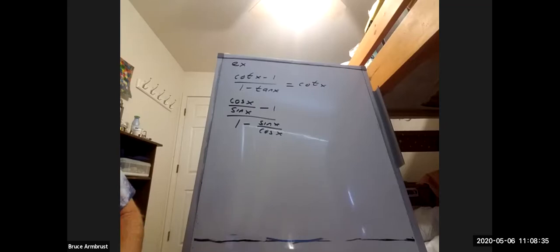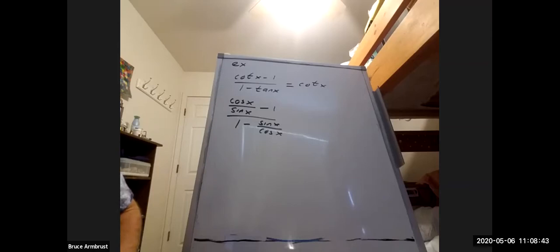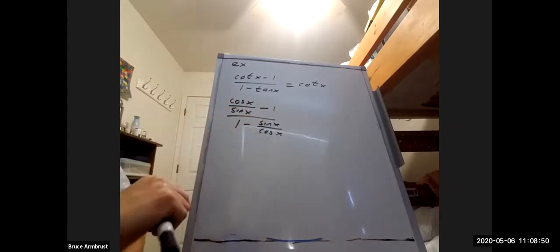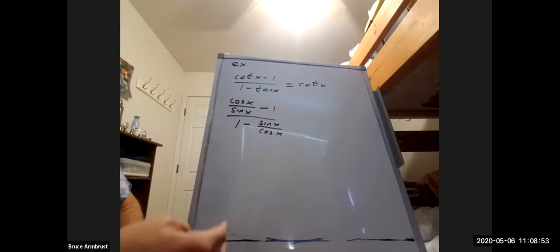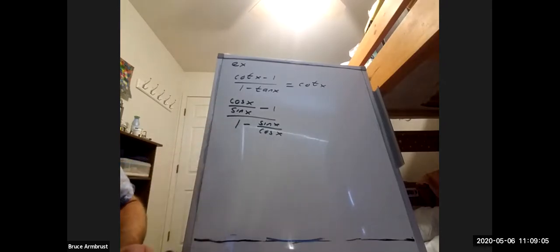What we want to do is try to simplify this. And I don't know if you remember, when you have complex fractions, that's a fraction inside of a fraction. One of the really good techniques, there are really two things you can do. One is you can actually combine the fractions on top and on the bottom, and then you have one fraction divided by another, so you can flip and multiply. Or you can multiply by the least common denominator of what I call the sub-fractions, these guys that are inside. And that's what I like to do, because what happens there is you immediately get away from having